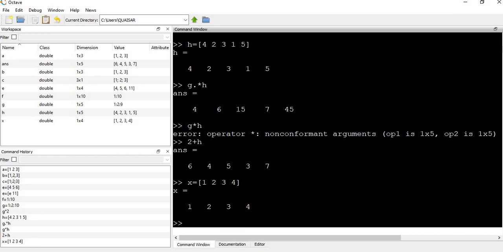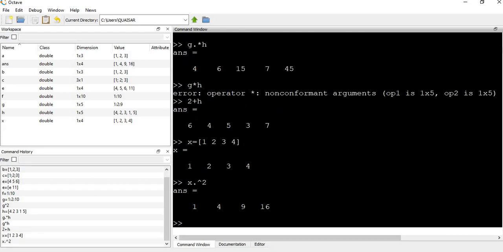So you can write a vector to a power also, like X dot raised to 2. So the value is like this: 1 raised to 2 is 1, 2 raised to 2 is 4, 3 raised to 2 is 9, like this.